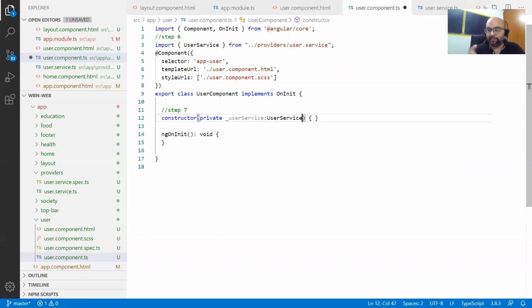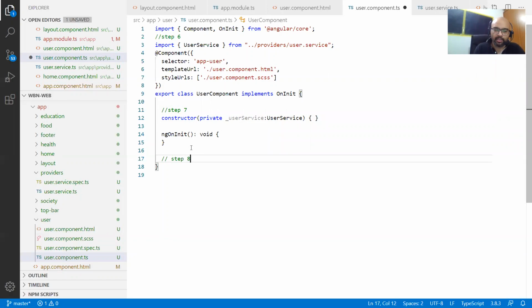So what I'm saying here is, when my user component will instantiate, initialize, construct and initialize, at that time your user service is also initialized. That's it, nothing else. Okay. So now you create one method, a simple method.